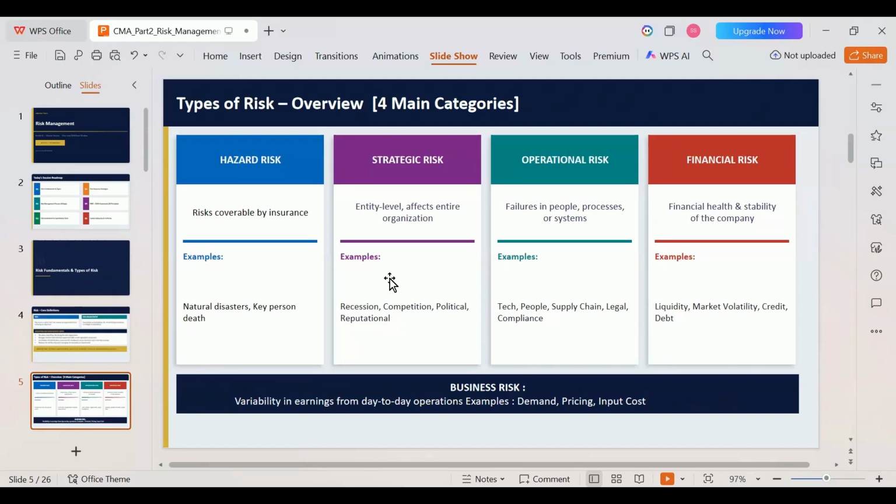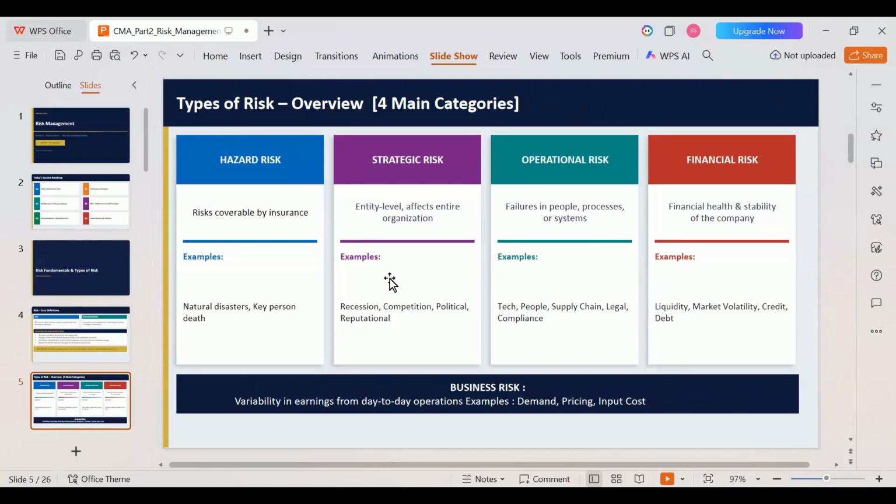Now operational risk. When we speak about the day-to-day activities, it starts all together from our suppliers, from the way we get our raw materials, how we process it, how it reaches the customer. All of it is our day-to-day activities. So I can say that the entire supply chain, starting from raw materials procurement till we deliver the final goods to the customer, will be impacted by operational risk. Then two major subtypes of operational risk will be legal risk and compliance risk.